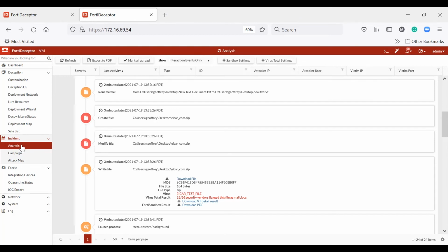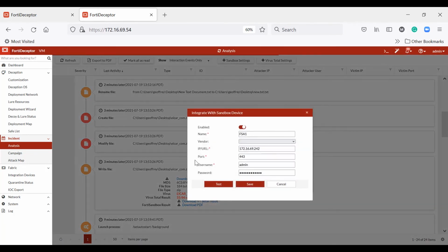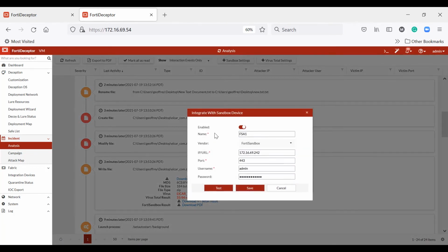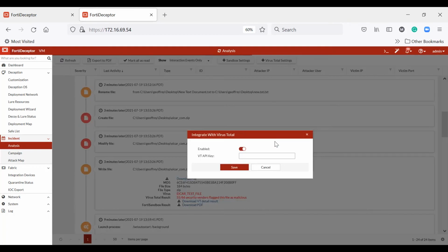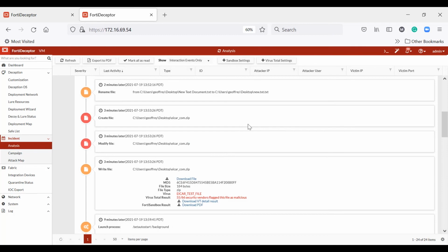As we can see in the incident analysis, there are two new configuration buttons. One of them is the sandbox setting, where we configure the integration between FortiDeceptor and FortiSandbox. And the second one is the integration between FortiDeceptor and VirusTotal. For the VirusTotal API key, you can use the community key that allows you to submit around 4 files per minute. As we can see in this alert, we uploaded a sample virus file called Eicar to the